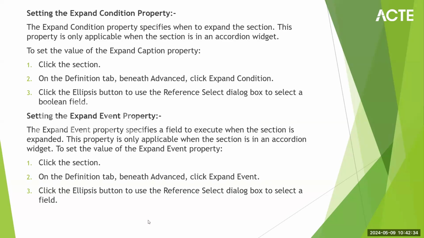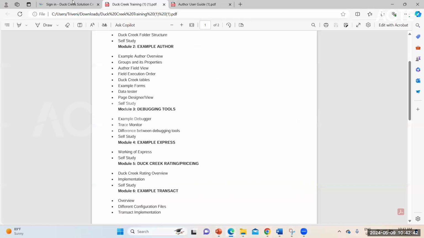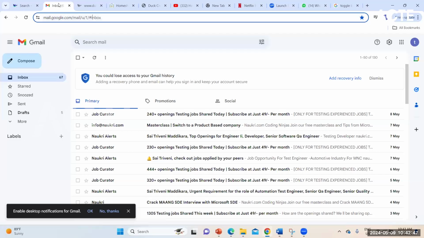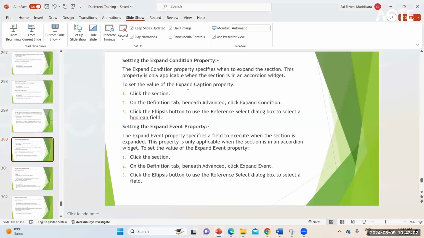For example, where I showed you now, these fields are hidden here. When you click on this full details, you can see them. That kind of thing is called the expand condition property.